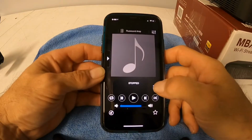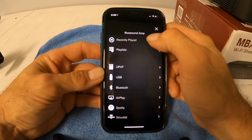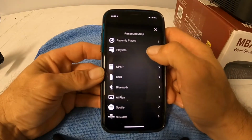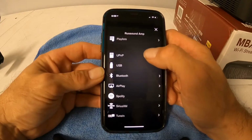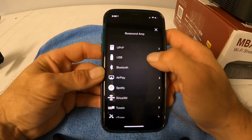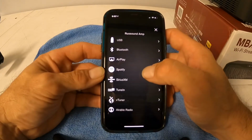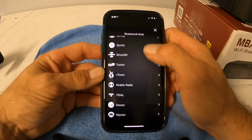Now the 3 bars going the other direction, that's where your sources are. So when you click on this, it'll go into your recently played files. You can create a playlist on here. You've got a universal plug and play, which is through your router. You got a USB port, which is on the back, Bluetooth, Airplay, which is iTunes or iPhone, Spotify, Sirius, TuneIn,